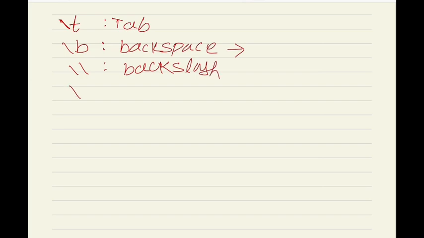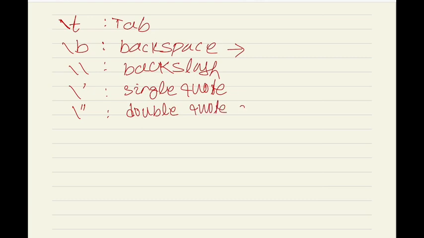Similarly, another escape sequence is backslash and single quote, so it is used to print the single quote character. Similarly, another escape sequence is backslash double quote, so it is going to print the double quote character on the screen.